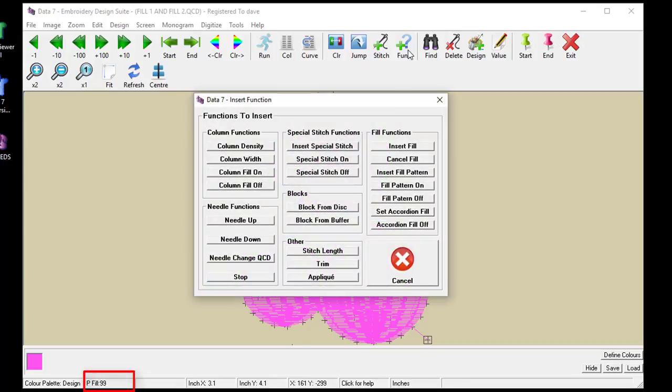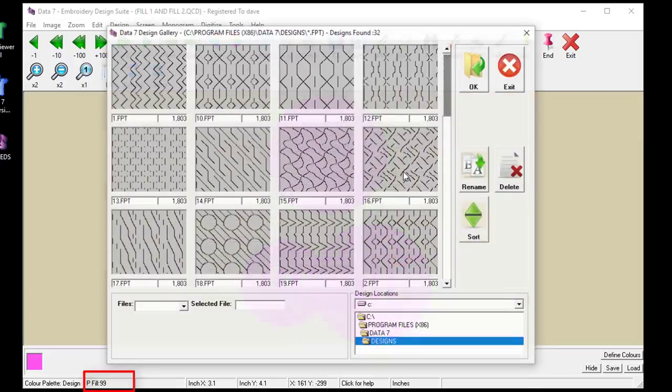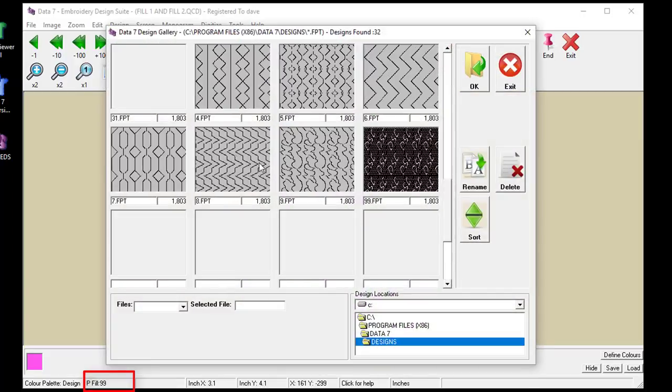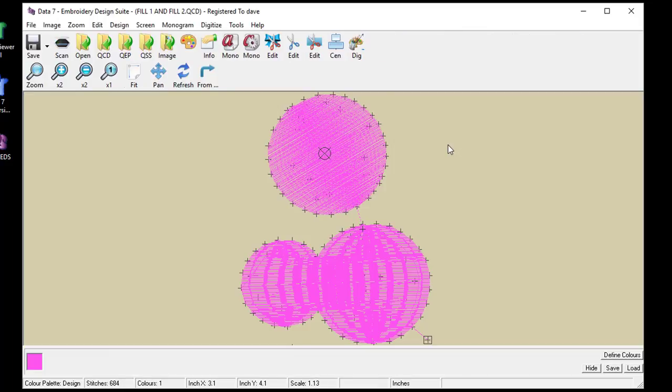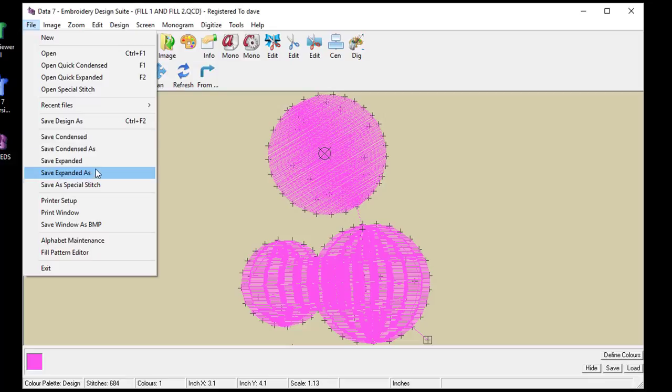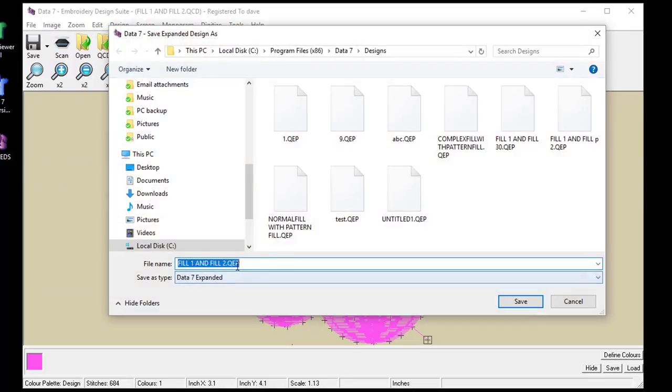I'm going to insert my new pattern fill, which is 31. Go back one stitch, press the delete key to delete 99, press enter to redraw, save as expanded again and call it 31,